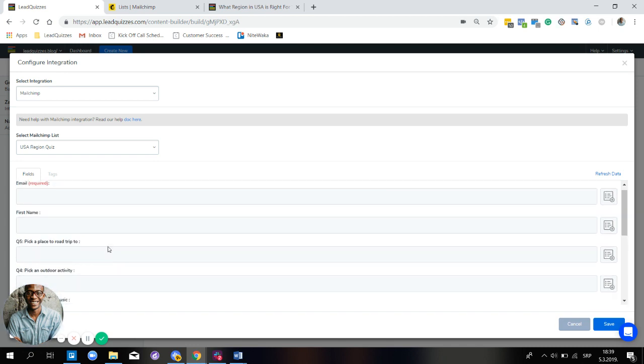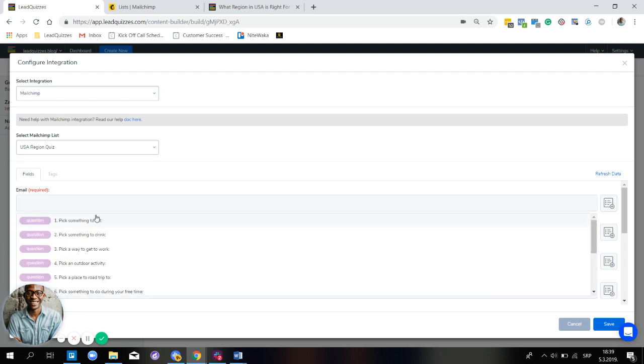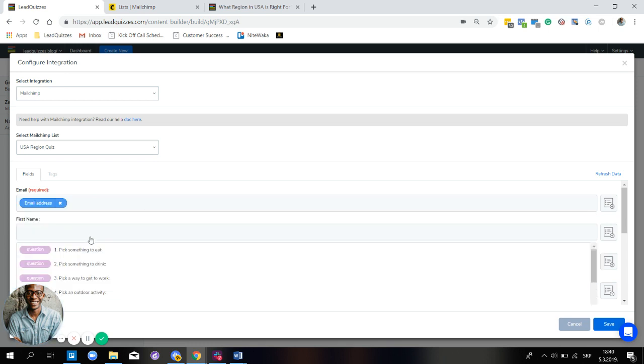Now to map this, what you do is you click inside of the input field and find the field you want to map to Mailchimp. Now you can map standard data and you can also pass answer data to Mailchimp. So you can later on perform any kind of marketing automation you want to perform, or you can just look at the contact data. Now we're going to head on to mapping all the fields we have in here. So the first is email address. So you look for email, you map that, first name,